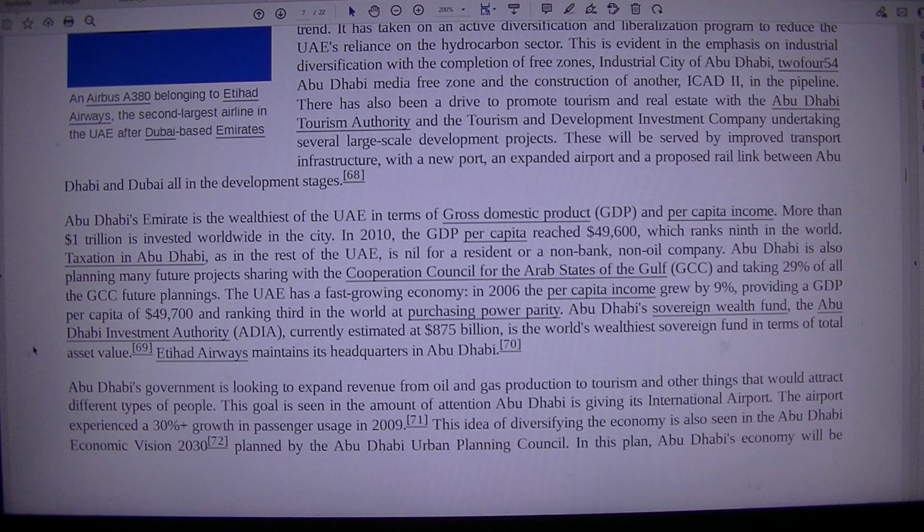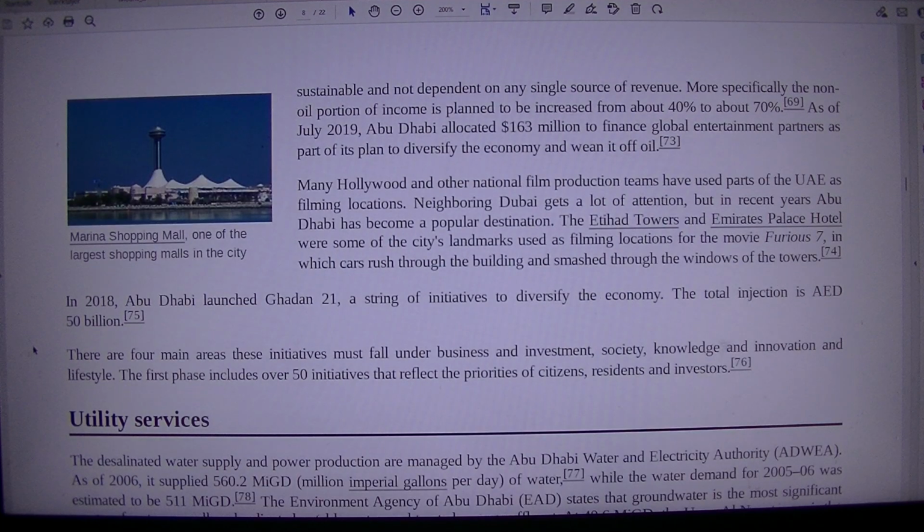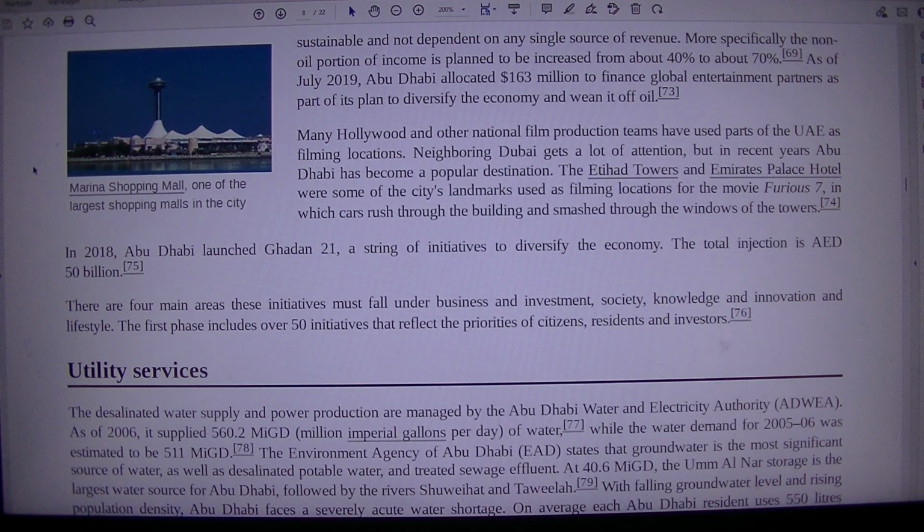In this plan, Abu Dhabi's economy will be sustainable and not dependent on any single source of revenue. Marina Shopping Mall, one of the largest shopping malls in the city. More specifically, the non-oil portion of income is planned to be increased from about 40% to about 70%. As of July 2019, Abu Dhabi allocated $163 million